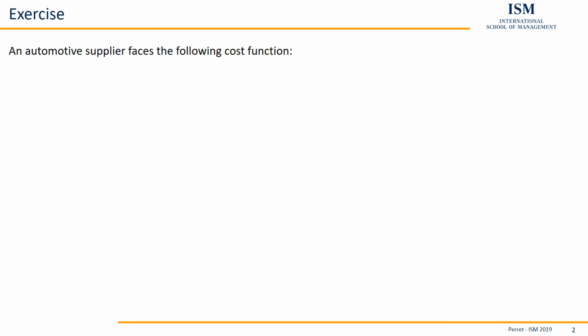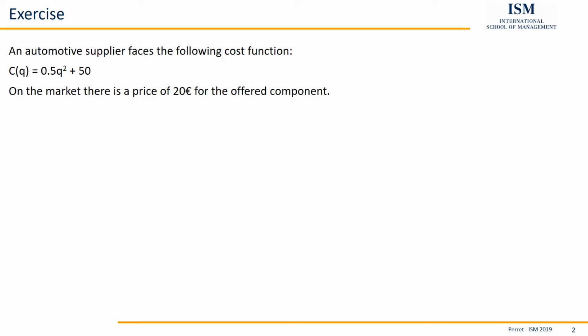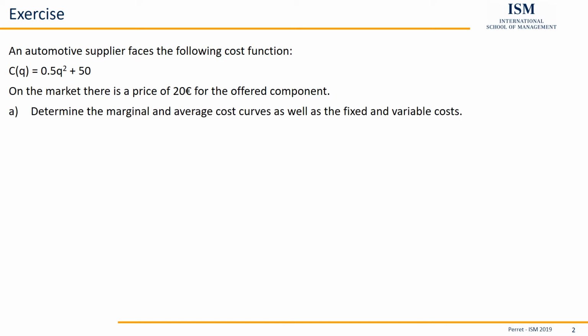Here we have an automotive supplier who faces the following cost function: 1/2 q squared plus 50. And on the market there is a price of 20 euros for the offered part, so the part which he and other companies provide. Our tasks now: